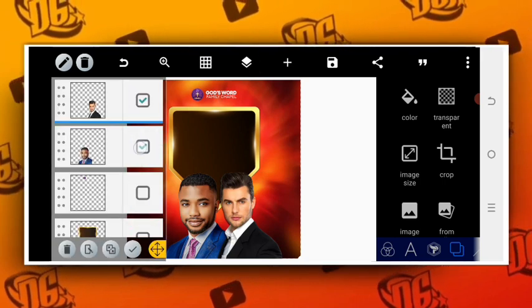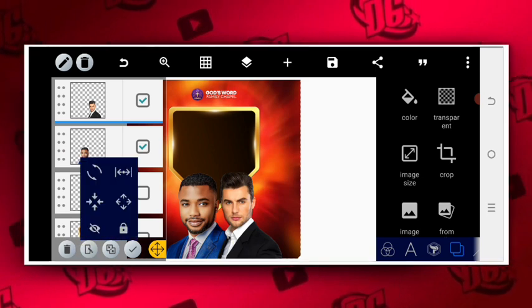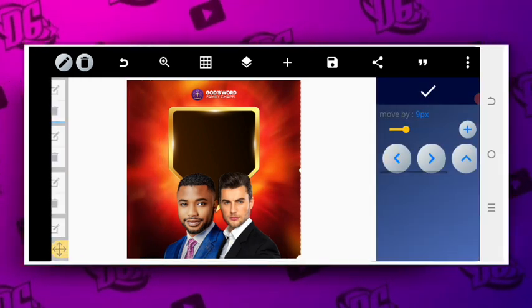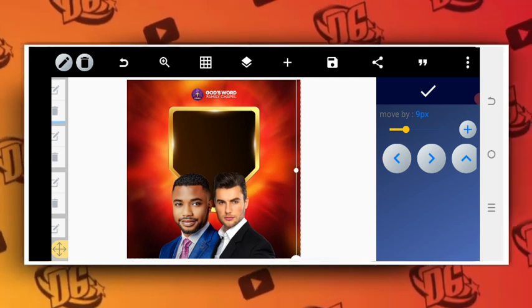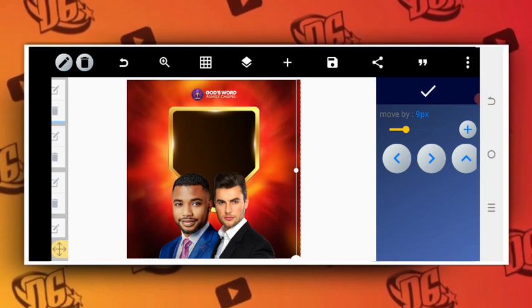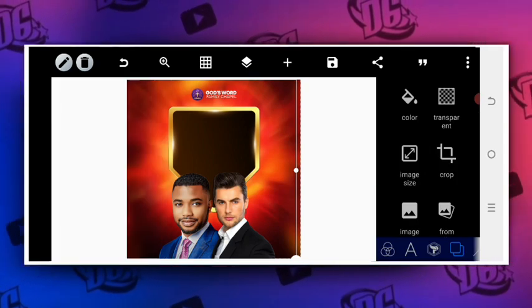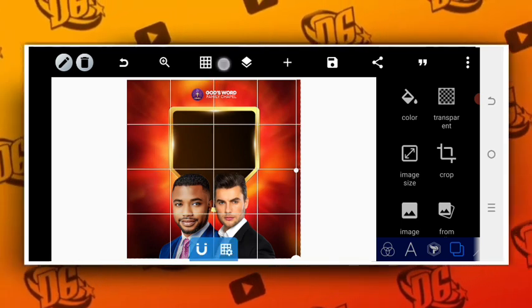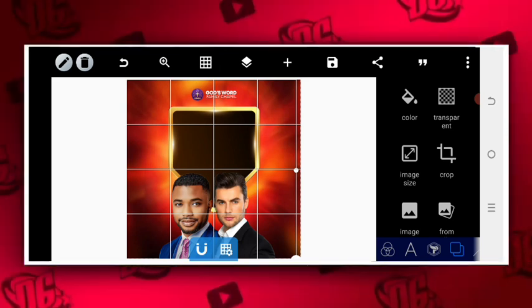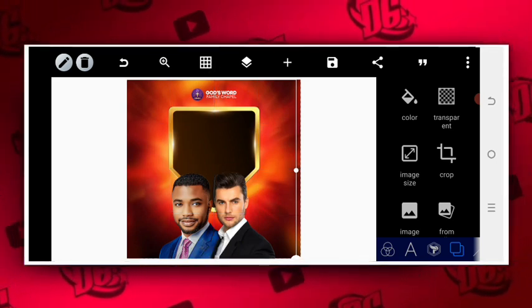Then after that, I want to centralize this a little bit so that there won't be anything showing at the back. So I will shift this a little bit. Okay, perfect. So after shifting that a little bit, I will use the grid to see that it's well placed. After that has been done, then the next thing I need to do is